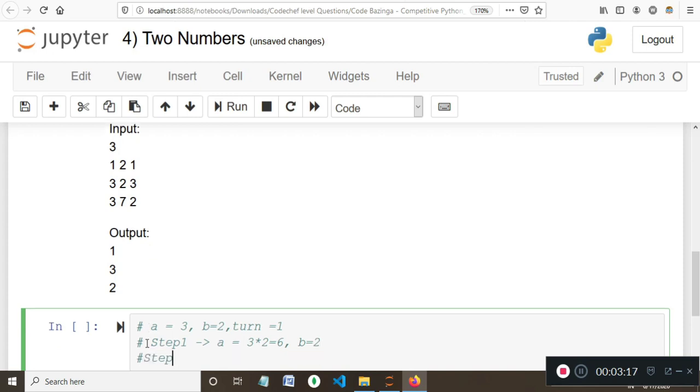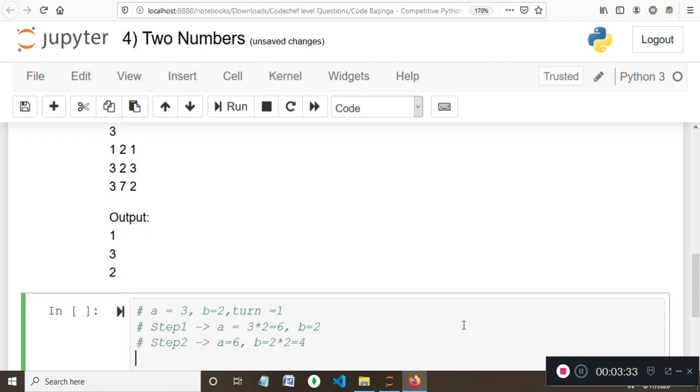In the next turn, a will remain 6 and b will become 2 into 2, which equals 4. Likewise in the last turn, again this time it's a's turn, so a's value will become 6 into 2, which equals 12, and b's value will remain 4.